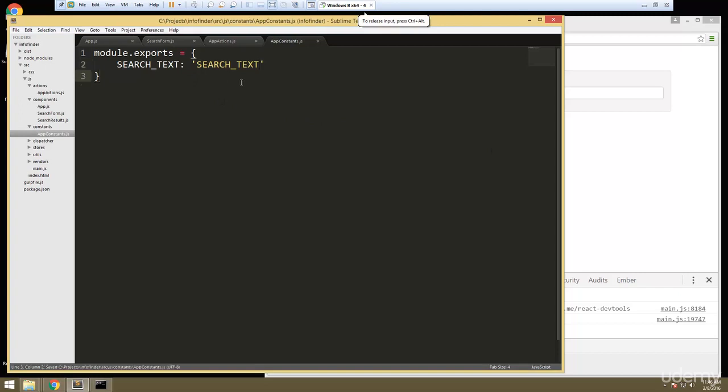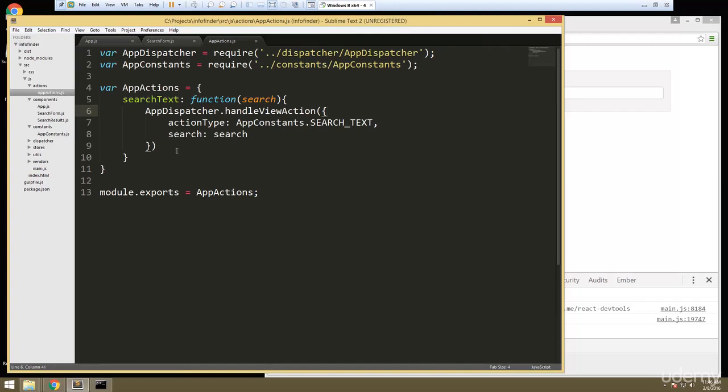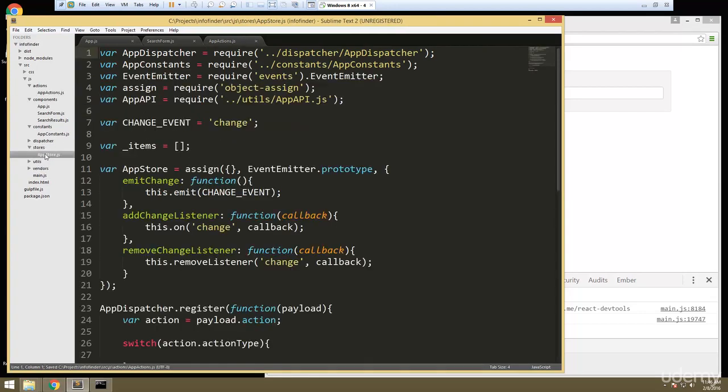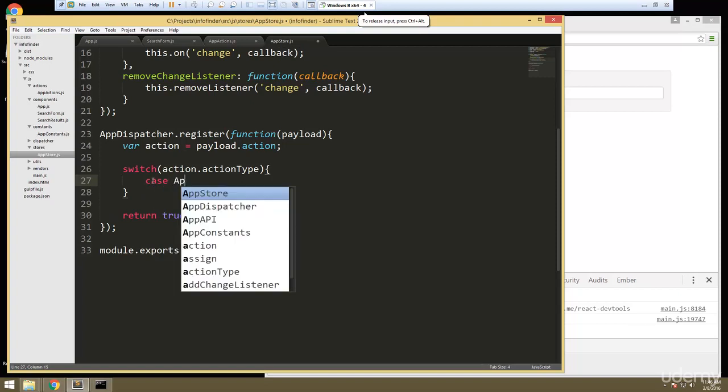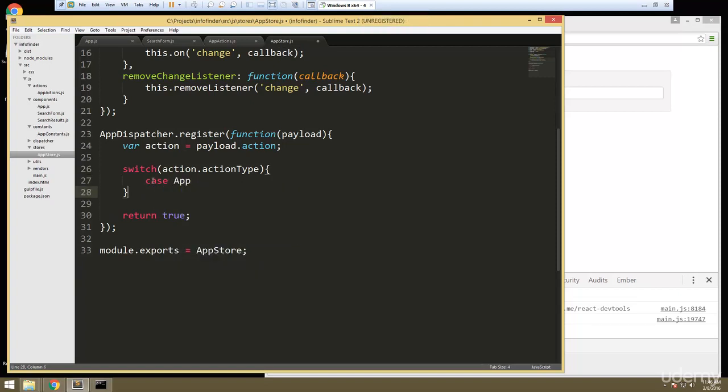So we'll save that, close it up, and then what we'll do is go to the AppStore and go down to the bottom here, and then in our switch statement we're going to create a case, and we'll say AppConstants dot SEARCH_TEXT,